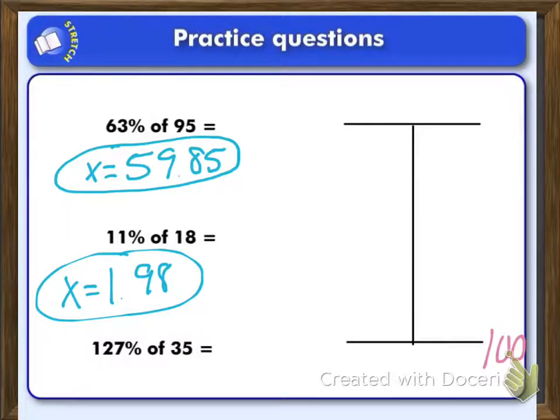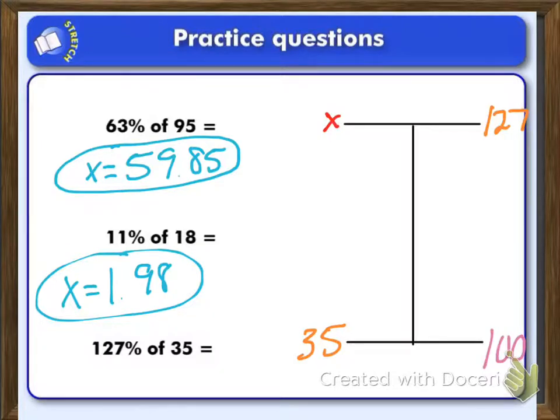Okay, I'm just going to leave my 100 there this time because 100 is always going to kind of remain down there in the bottom right hand corner. Okay, so again, I know my percentage, 127%. So that's going to go over 100. And then my 35, is that my part or is that my whole? Well, that's my whole. So again, that's going to go down in the bottom left-hand corner, and my x goes